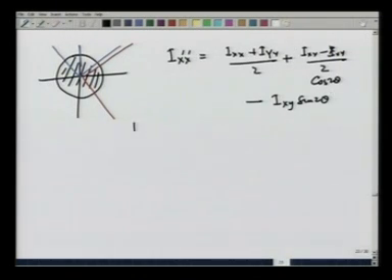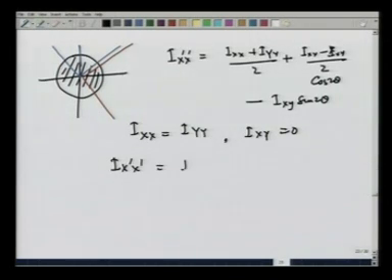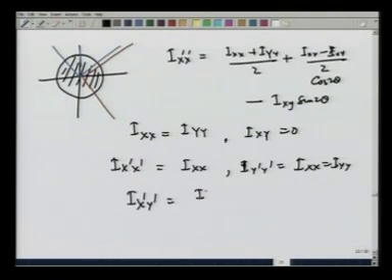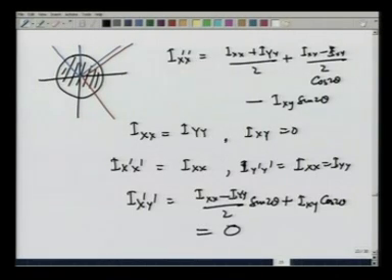Now, for a circular area, I_xx is equal to I_yy, and I_xy is 0, and therefore, I_x' is going to be equal to I_xx, and I_y' is also going to be equal to I_xx equals I_yy, and I_x'y', which is equal to (I_xx minus I_yy) divided by 2 sine of 2 theta plus I_xy cosine of 2 theta, is also going to be 0. This is expected